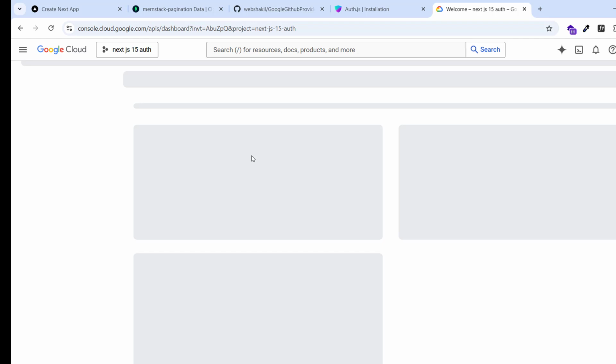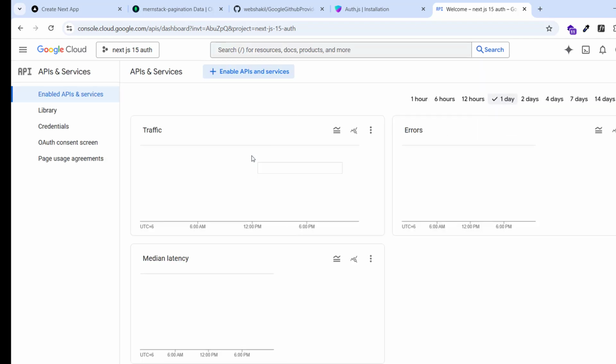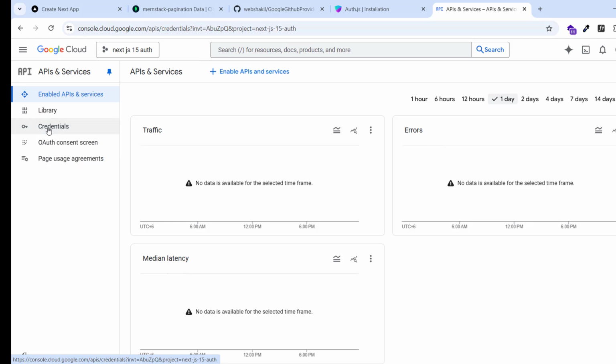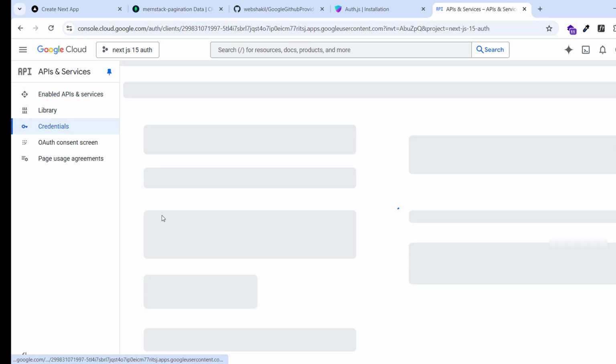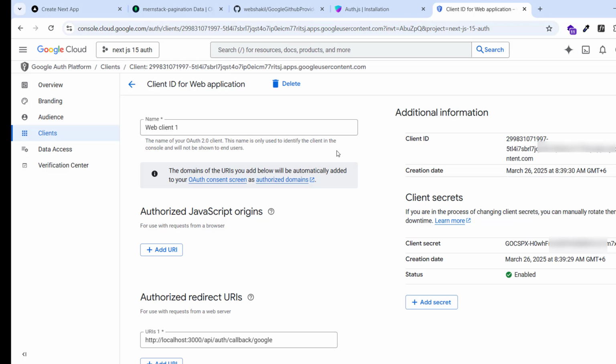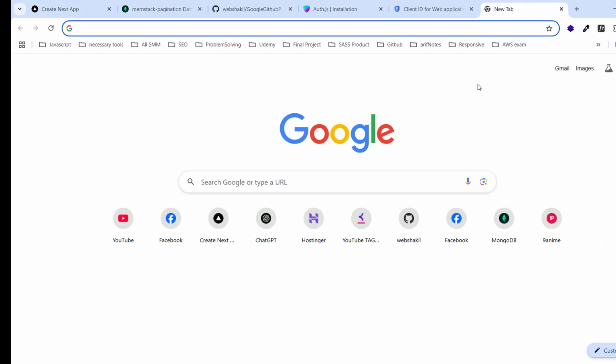PNVM credentials, web client. Okay, this is the client secret, and this is the client ID. So from here you will get them, and if you go to GitHub